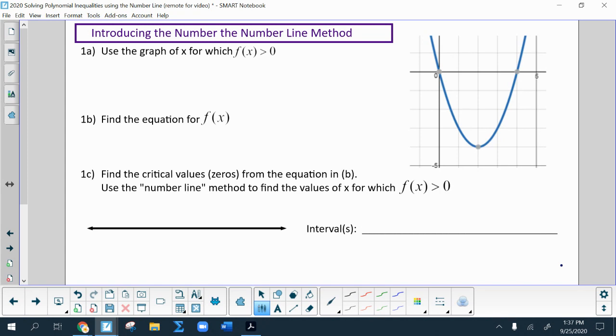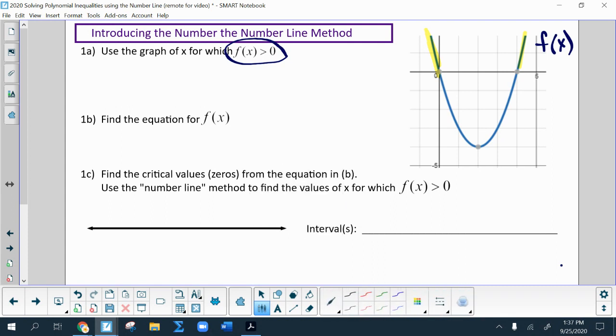It says use the graph of f of x to solve for which f of x is greater than 0. We want to solve this. When is f of x greater than 0? And this is f of x right here. Hopefully you can tell by looking at the graph that occurs here and here, okay? So that means